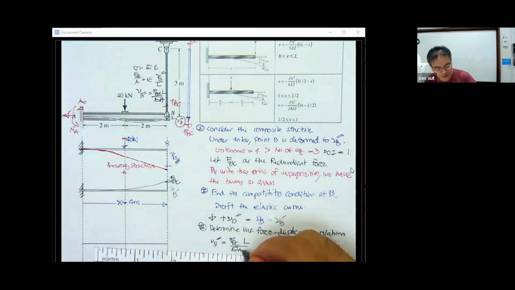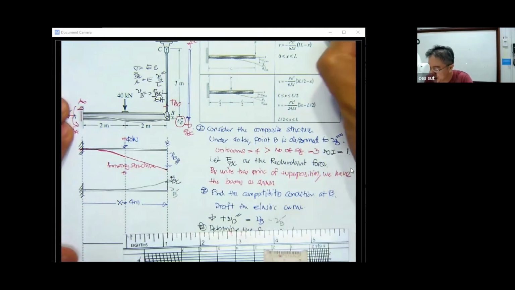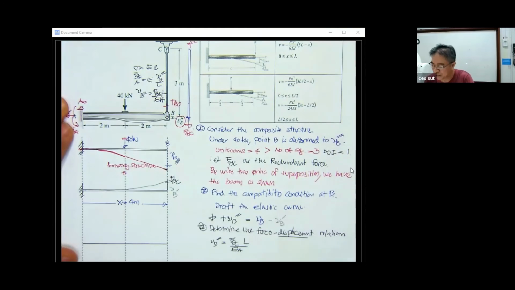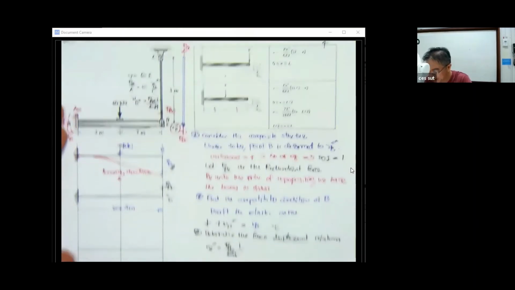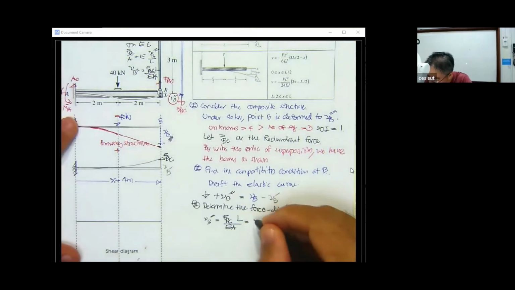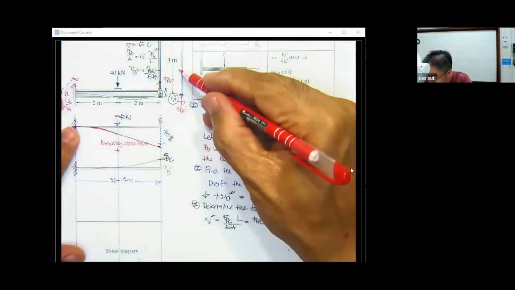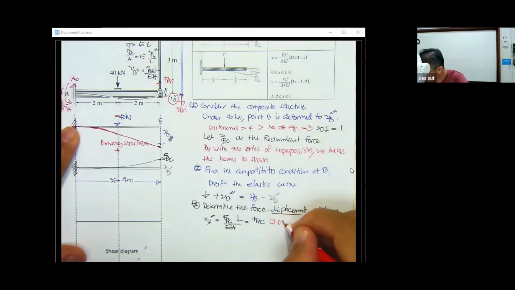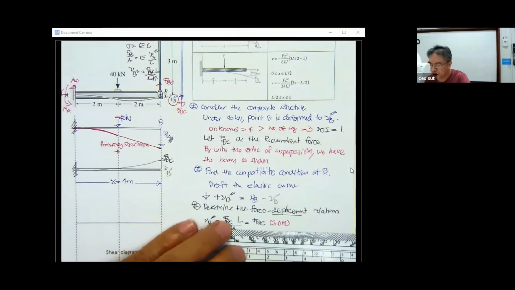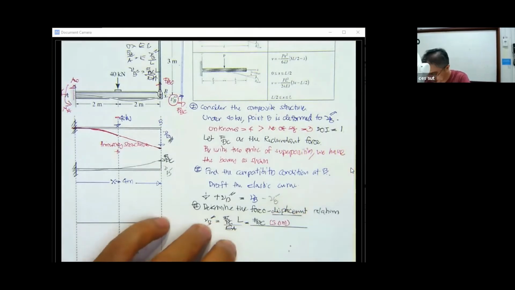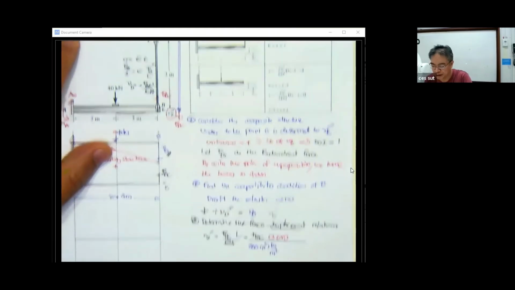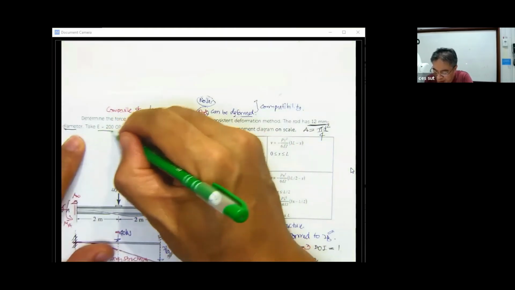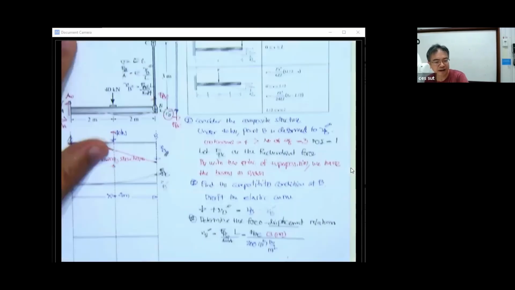And what we have is going to be the rod has the diameter of 12 millimeter. This is the diameter. So the A is going to be pi d squared over 4. Okay, this is going to be the area of the rod. So put everything together. So we will have this one for F sub BC. And the rod is 3 meter times 3.0 meter. And then divided by, we've got to change the E. Okay, the E of 200 gigapascal is going to be 200 times 10 to the 6 kilonewton per square meter. This one is 200 times 10 to the 9 newton per square meter. Just change it into this. And the area